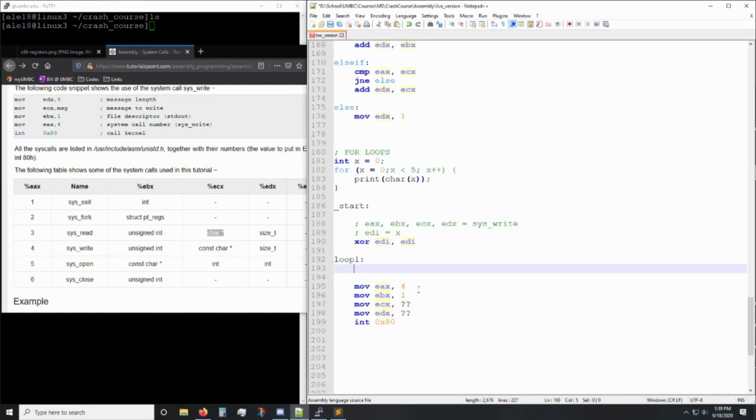Thank you. So let's figure out how we get these things. Now we can't just print out EDI because EDI is a number, right? We need to convert it to the string representation, which to assembly isn't going to mean anything. It's just going to be a number. But to us, it's going to be readable ASCII. So the way we do that is we can actually say add EDI,